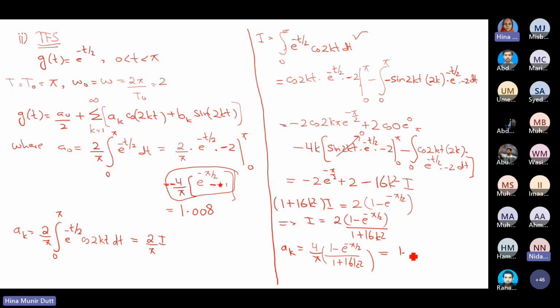So this is 1.008 over 1 plus 16 k squared. Okay. So on the same lines, we will calculate Vk. Vk is equal to 2 over pi, integral from 0 to pi, e to the power minus 3 over 2, sine of 2kt dt. So again, you will apply integration by parts and solve it, and then you will see that your answer is,